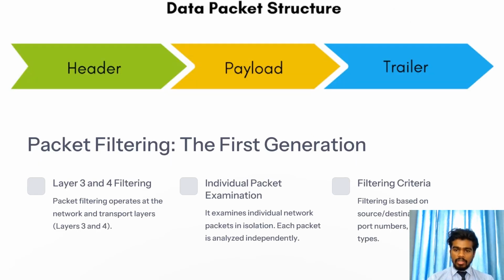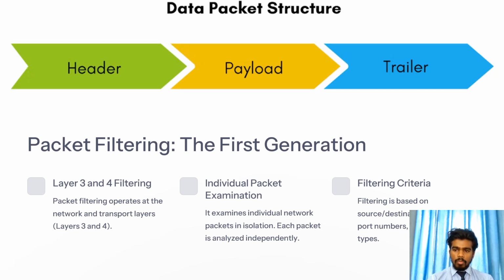Packet filtering firewalls are one of the oldest firewall types. They operate at the network and transport layers, layer 3 and layer 4. This firewall analyzes individual packets based on their source and destination IP addresses, port numbers, and protocol types. If I have to give you an example, imagine you live in an apartment building with a